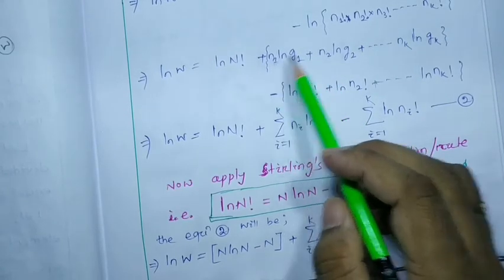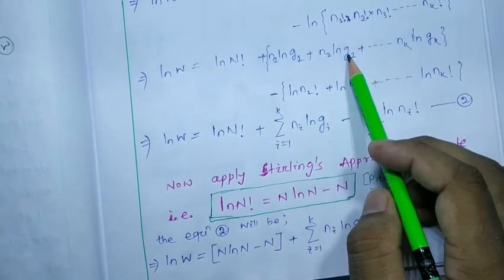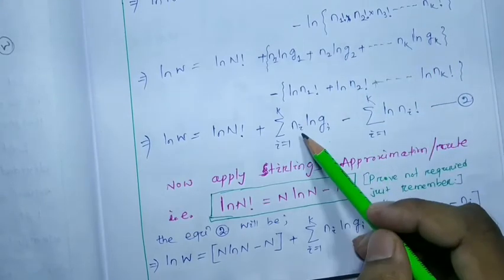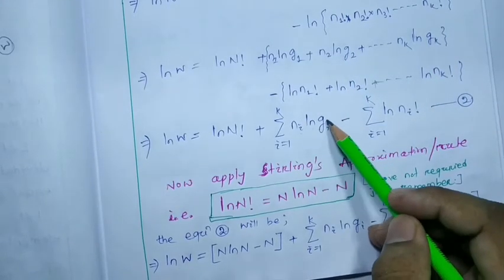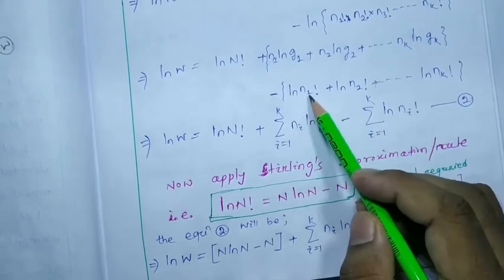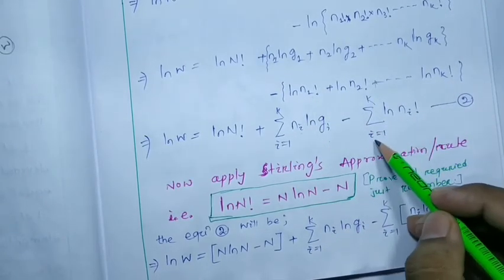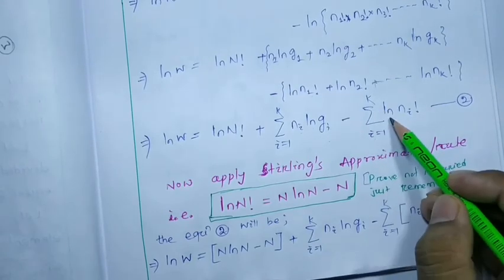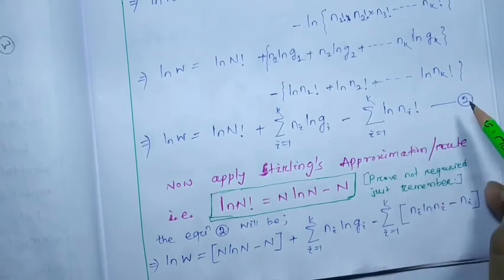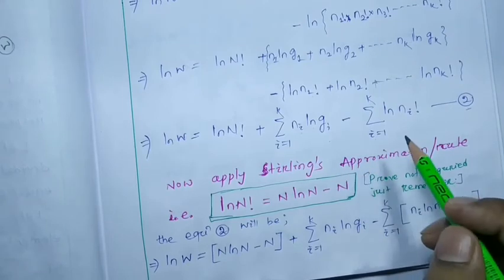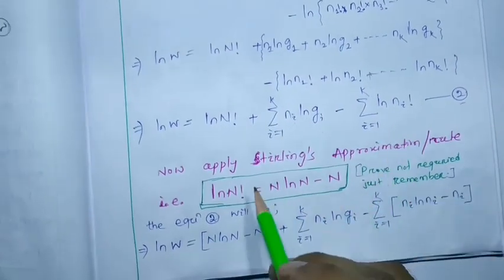Here n1 g1, n2 g2, nk gk, so it can be written as summation of ni ln gi minus, here n1 factorial into factorial. In the summation form it can be written as summation i equal to 1 to k ln ni factorial. Let it be your equation number 2. Now we have to apply